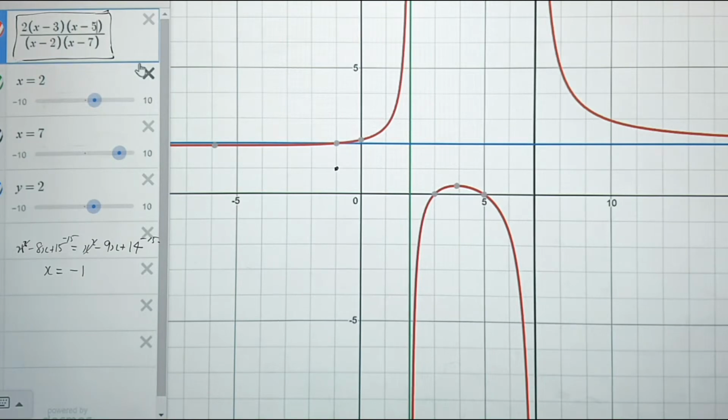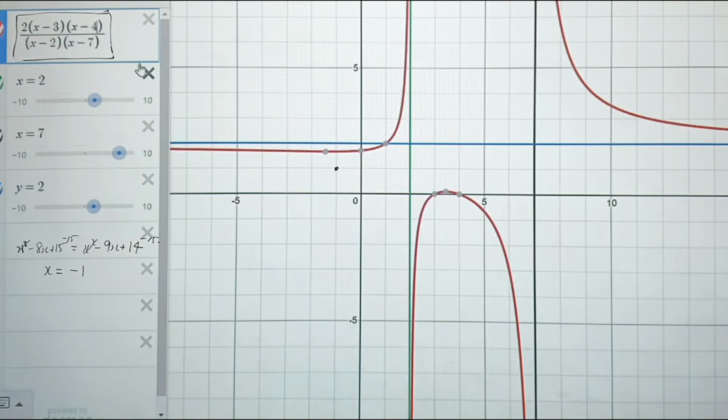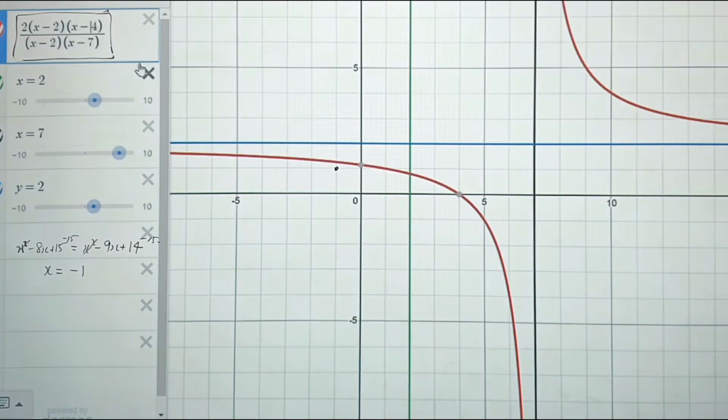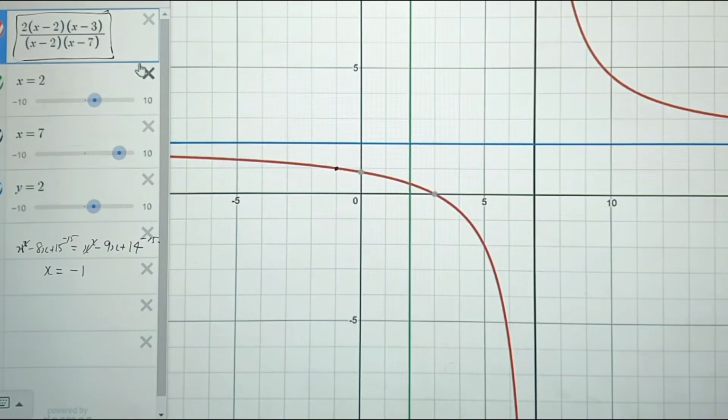So what's that one there? I've gone inside again. Let's make it 3 and 4. What if I make it 2 and 3? I'm going to do them in logical order. I'm going to change both of them so it makes it more obvious. Well, that's just one of them cancels out. We're back to a hyperbola. So if I make that 2.5,